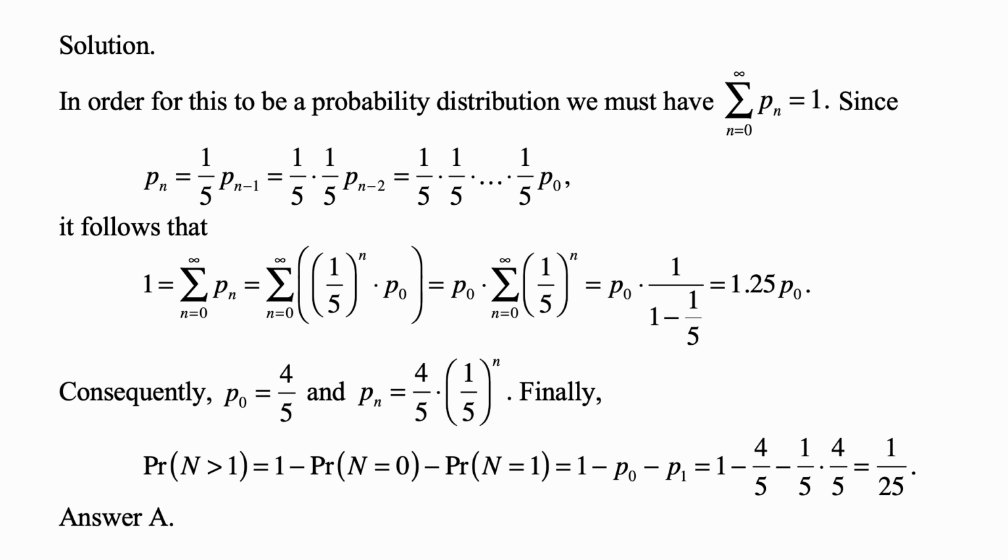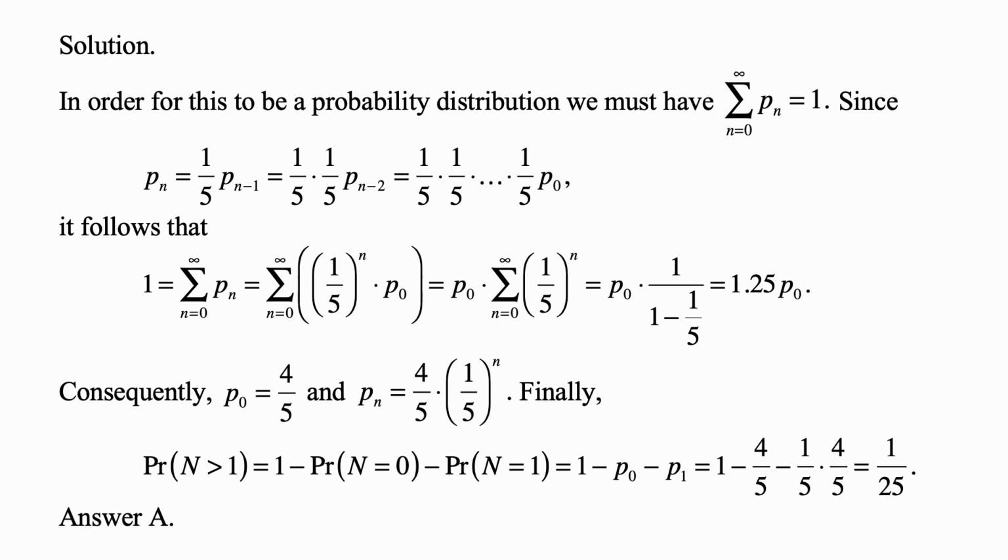And here's the solution. We, of course, have to have the sum from n equal to 0 to plus infinity of P sub n equal to 1, because these are probabilities of all possible numbers of claims added up. But also P(n) is equal to 1/5 P(n-1), which is equal to 1/5 times 1/5 times P(n-2), and so on. So it's 1/5 times 1/5 and so on times 1/5 times P0,